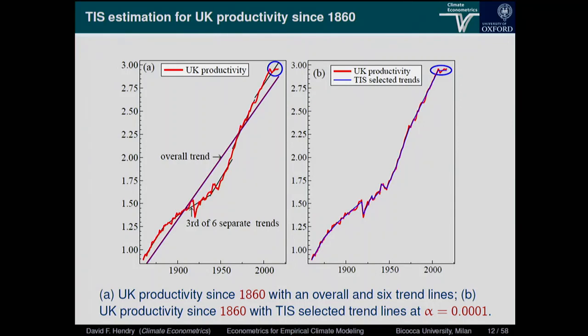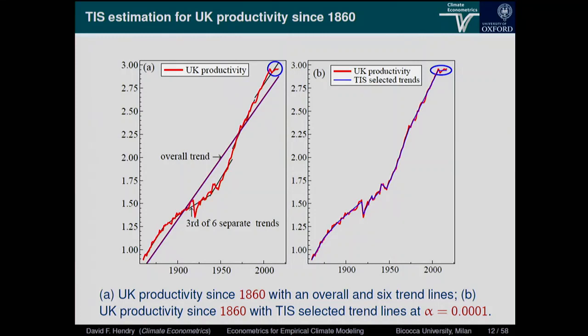Now, if you fit an overall trend line, you get complete nonsense estimates of things that the Bank of England does, for example, of is the economy above or below trend? Well, in the period from 1870 to 1900, you can see the trend line is very flat. And yet, according to this, the economy is well above trend and we've got excess demand. And that's just nonsense. You can't use these things to calculate excess demand. They give very much the wrong result if there are changes in the trend rate.